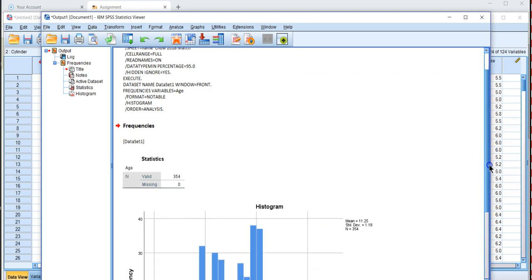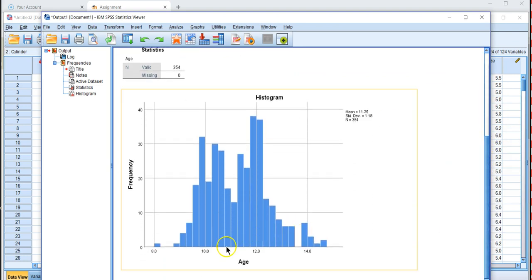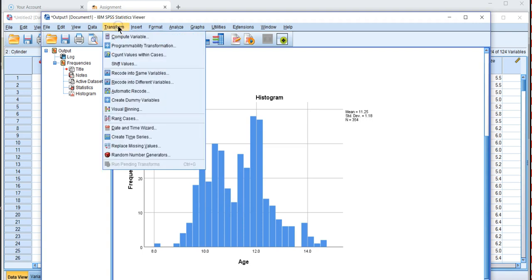And so what we get is a histogram, where down here we have the various ages on the x-axis and the number of times they show up in the database. So this value here, which is around 12, had almost 40 eyes that would have been at that age. All right, we notice that this is almost kind of bimodal, and 11.5 looks like a pretty nice place to split that. So let's go into transform,